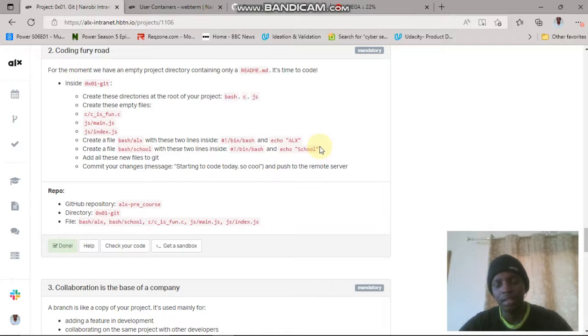We use the command git add, and then you put a full stop if you want to add everything generally. But if you want to add a specific file, you're going to use git add, then the name of the file. So you have to commit to